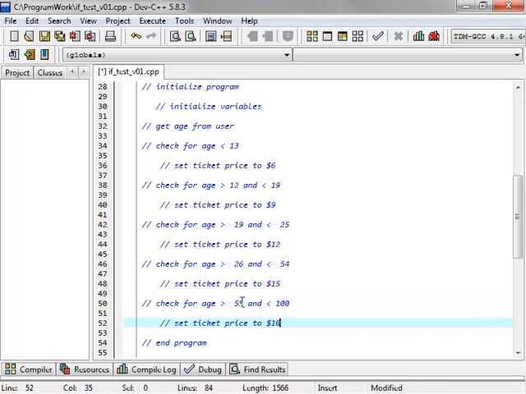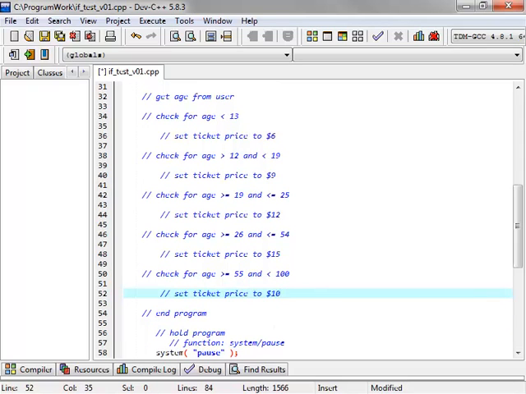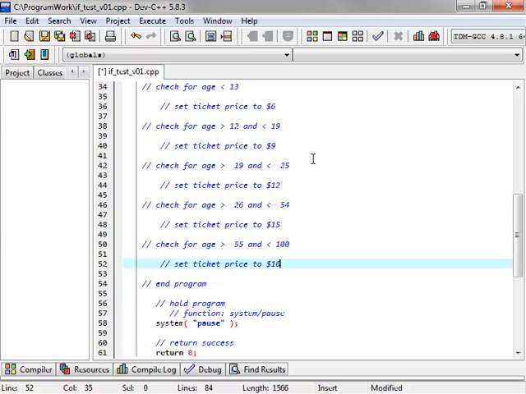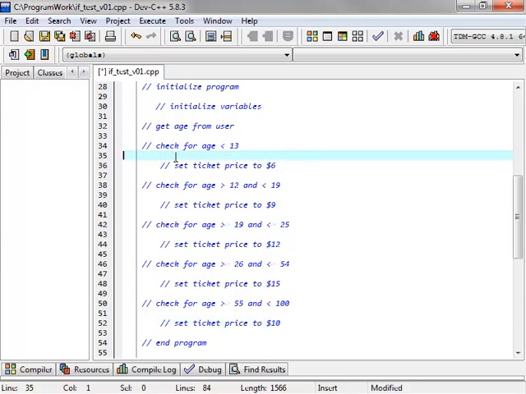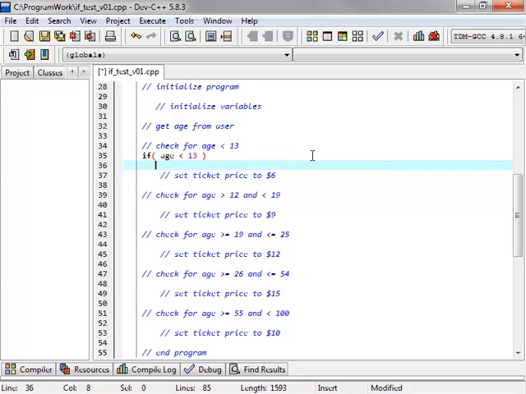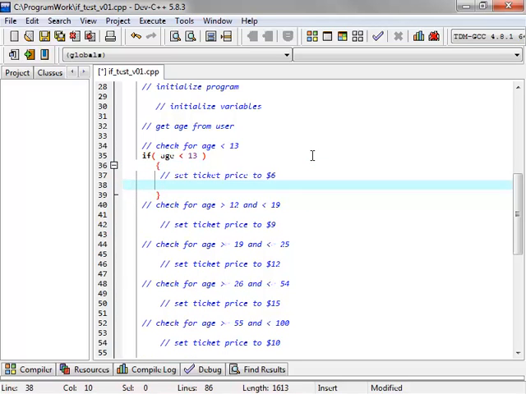All right, and so that is our logical circumstance. This is the design operation for this particular system. And what we'll go ahead and do now is fill these in. So I'll have an if age is less than 13, curly brace, and then we'll have ticket price is assigned